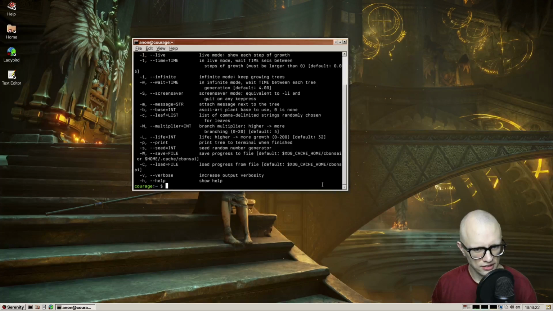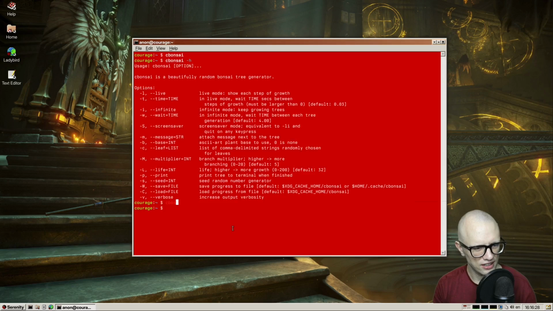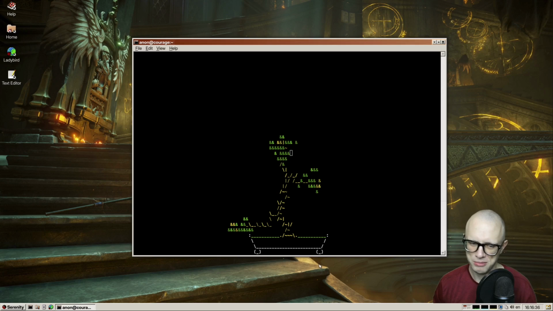And I guess we need to look at the options to see what you can do with cbonsai. It seems to have a live view, which might be cool. Oh, look at that. It's growing a bonsai tree in real time in my terminal. Or, I don't suppose this is how fast it grows in real time, but